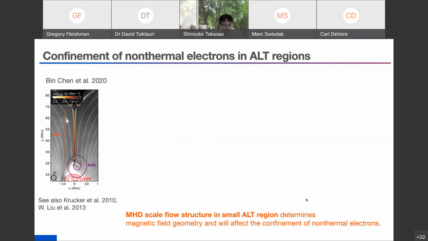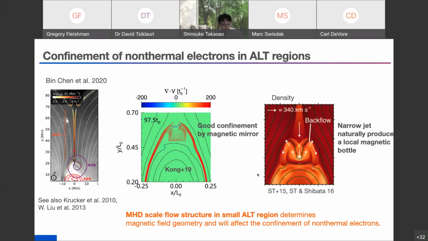So this observation suggests that the ALT region is likely the primary site for accelerating and/or confining non-thermal electrons. So we see good acceleration or good confinement in this region. And let's look at the MHD results. If we look at the MHD simulation, we often find the multi-field structure that is suitable for electron